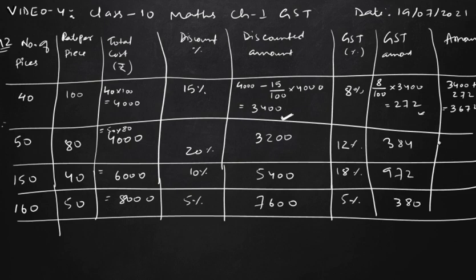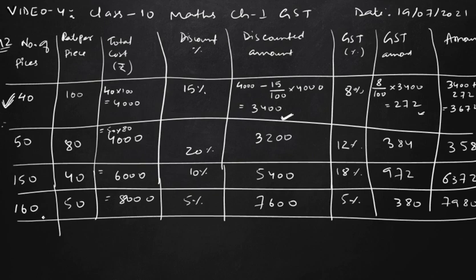And the amount will be 358467 and 7980. So as I have calculated in my copy, you have to also calculate it and show it, like for item number A. As I have given the detailed solution of item number A, you have to write all the detailed solution of 50, 150 and 160 also.